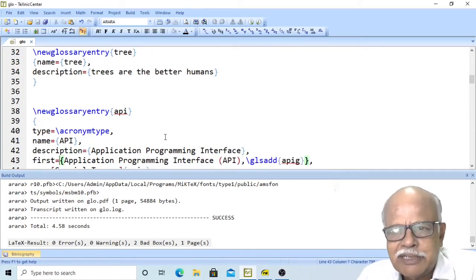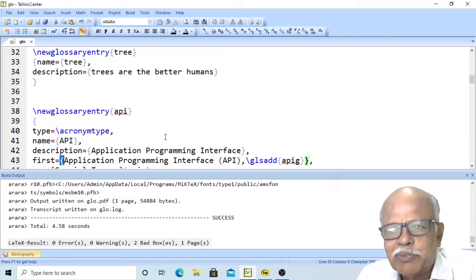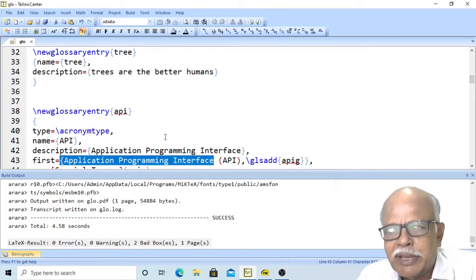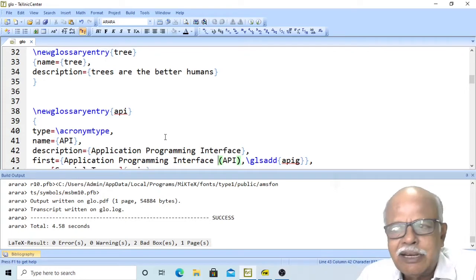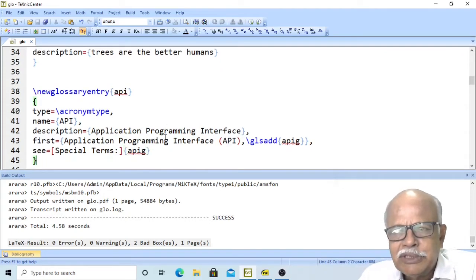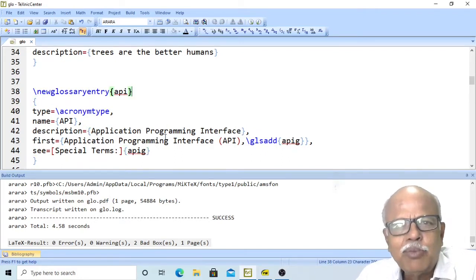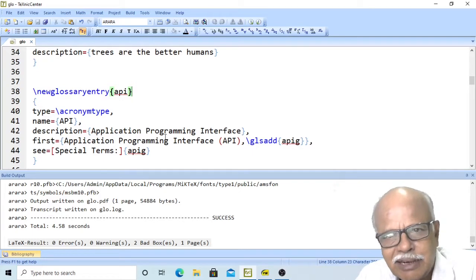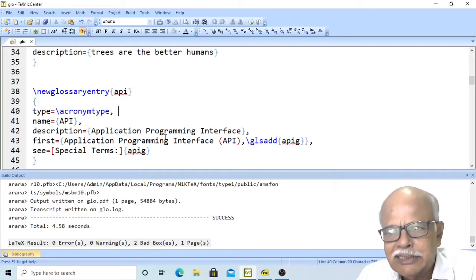And then in the first appearance, it will be application programming interface followed by within parenthesis API. Then suppose you want API to appear both in acronym as well as in glossary. In that case, you will say \newglossaryentry APIG.